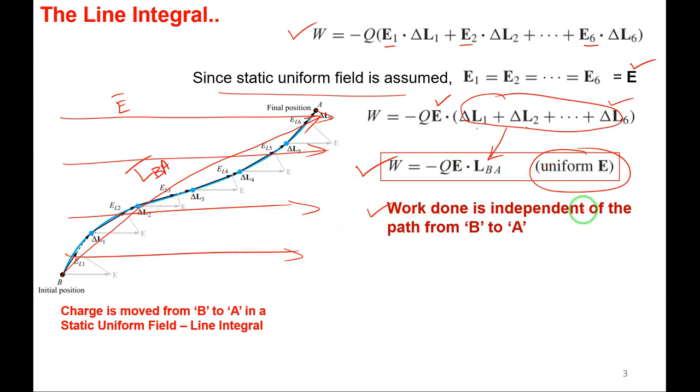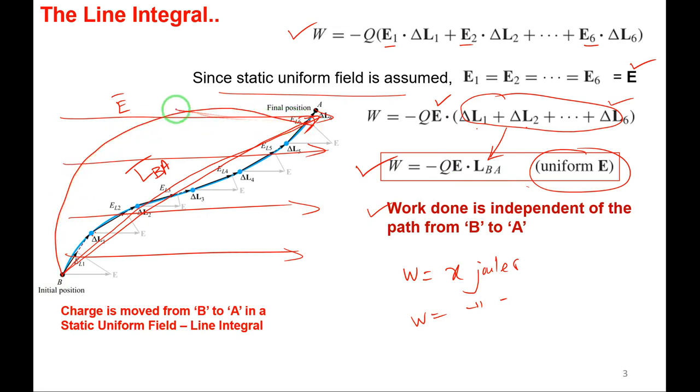And one more thing, I have written one statement here. The work done is independent of the path chosen from B to A. Yes, this is the path we have chosen here, B to A, right? Let me assume that the work done is some x joules along this path. So I will consider one more path, a straight line path like this. So what is the work done? In this case also same. It is independent of the path chosen. If I move the charge from B to A like this, right, in this direction, once again the work done is same, x joules only, right?